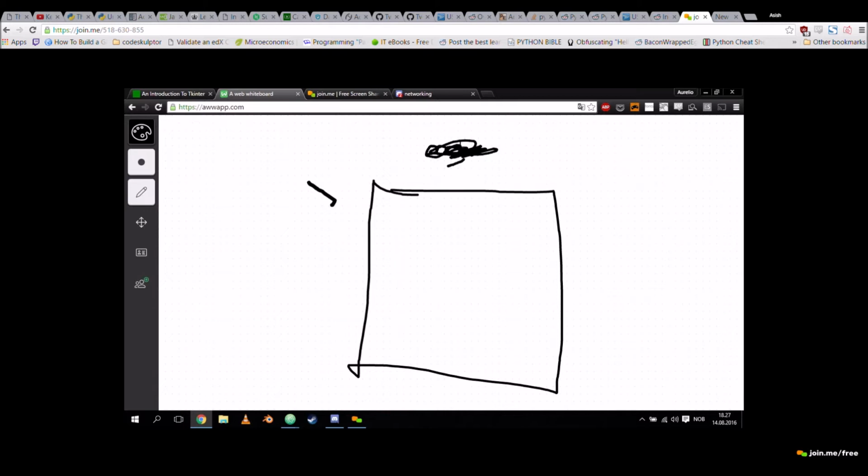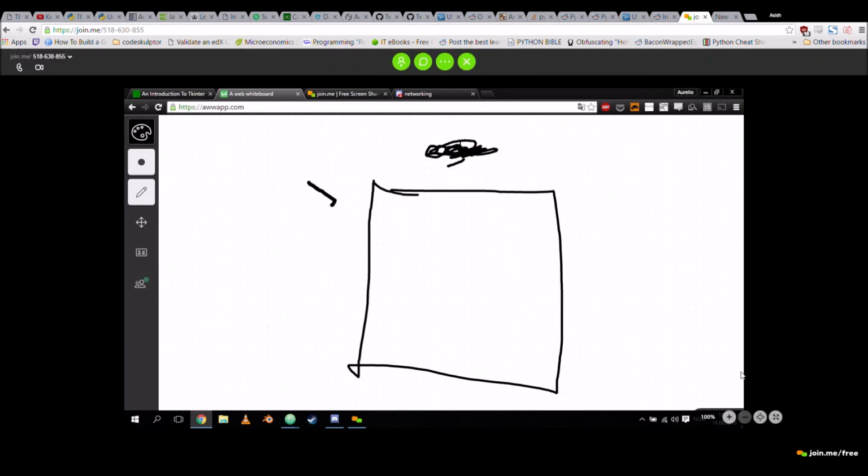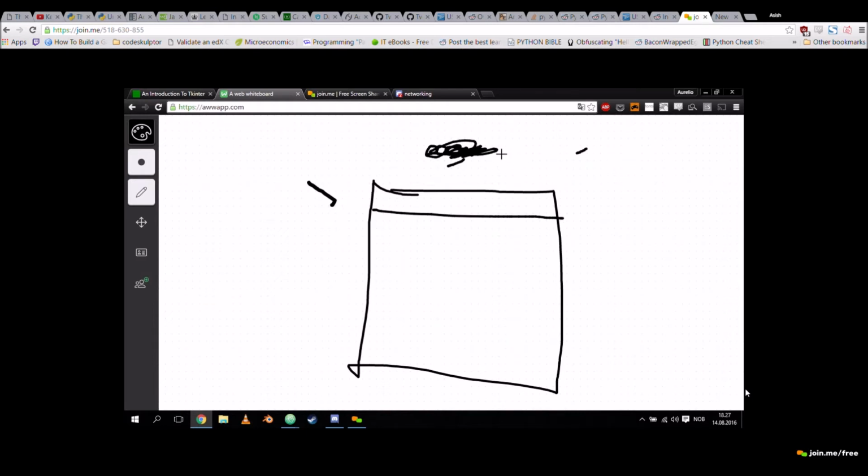Here's our frame, and Tkinter starts at the top, and then the frames are then taking the same space as the original frame. So this is the top frame. Then we add our label, and then the text frame comes in, and the text frame takes the whole frame.